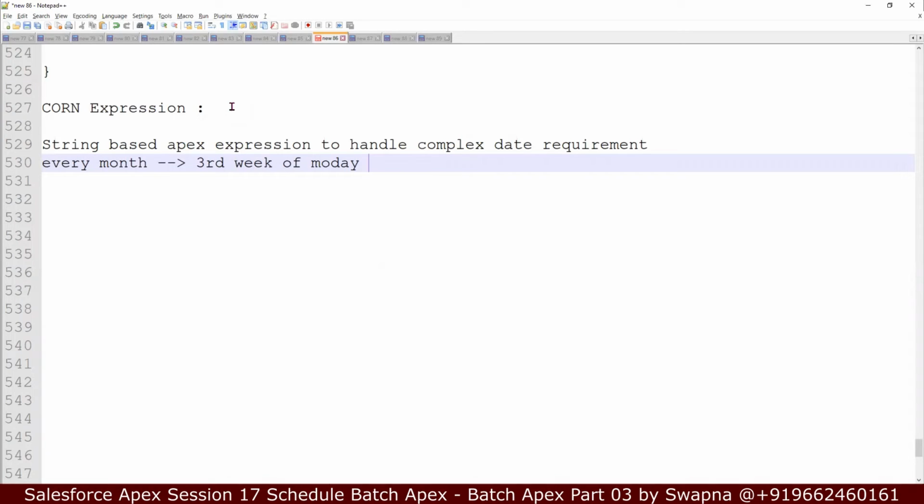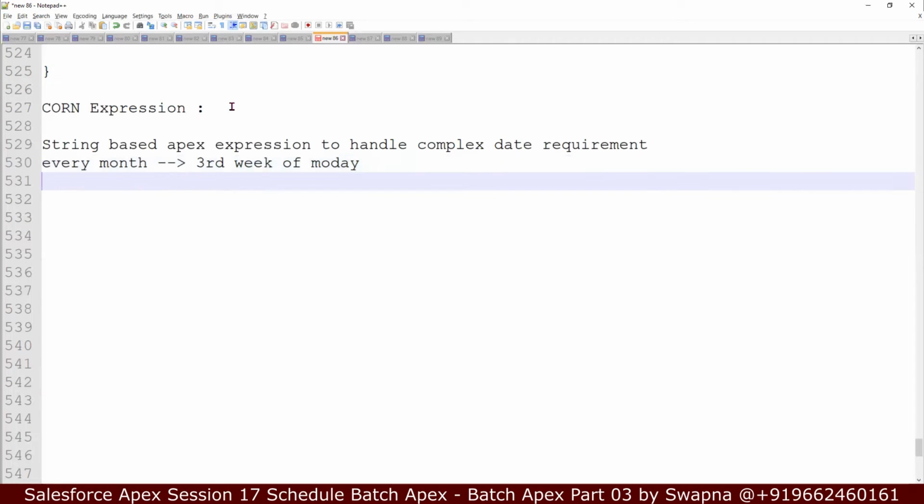We don't know the date, right? We don't even know whether that Monday could be falling on the 27th or 28th or anything. So at that time, we cannot declare a date field inside the object. That is for a different purpose altogether. And inside the Cron expression, when I say string-based Apex expression to handle complex date requirements,